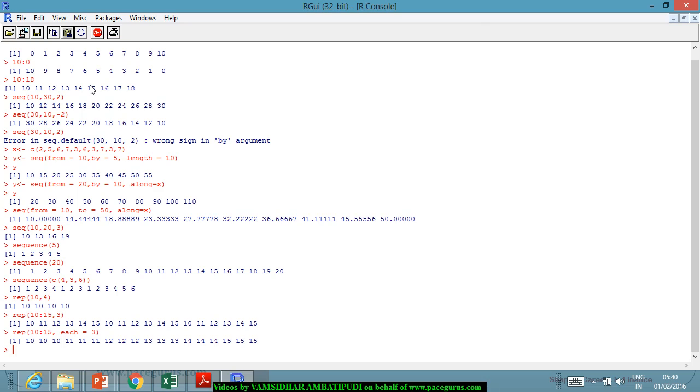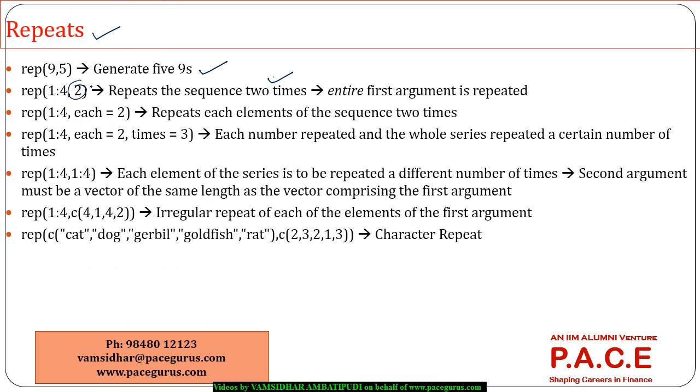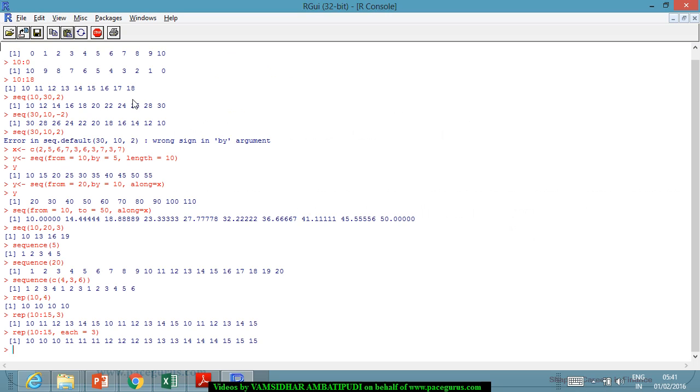But if I am using the word each equal to 3, then each item of the sequence is typically repeated 3 times. So this is one more way of doing the repeat. Then if I really want each one to repeat n number of times, and after that the whole sequence needs to be repeated